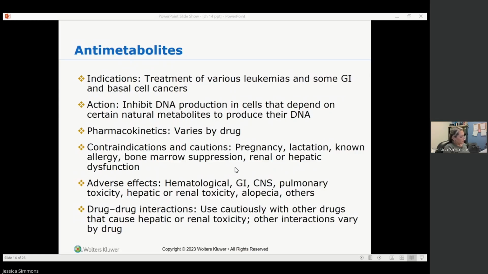So complications, number one, bone marrow suppression, low white blood count, which is neutropenia, bleeding caused by thrombocytopenia or low platelets, and anemia or low red blood cells. Monitor white blood cell count, absolute neutrophil count, platelet count, hemoglobin, and hematocrit. Assess clients for bruising and bleeding gums. Client education: avoid crowds and contact with infectious individuals, practice good hygiene. This is going to be on every one of these, okay, because they all decrease the immune response.